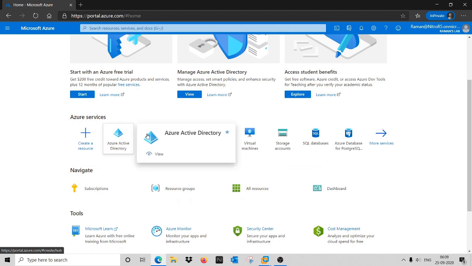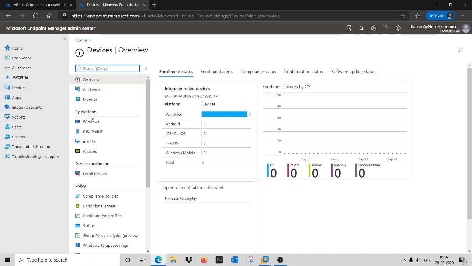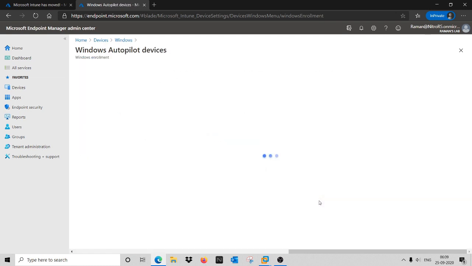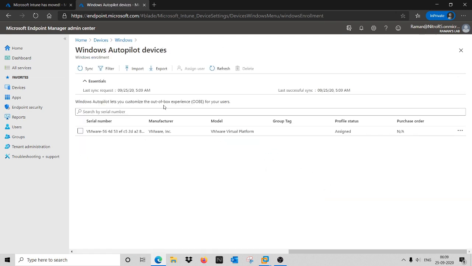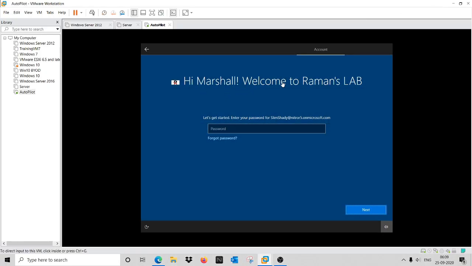If you remember, let me show you very quickly. If I go to Intune now, let me go to the endpoint manager. Let's quickly see the device. Here I can go to Windows, then Windows enrollment and devices. This is the option for Autopilot devices. Now if you see, I did assign a user to it, and it says Marshall as the user friendly name, and the user is Slim Shady at Nitro R5.onmicrosoft.com. Because of this, I'm getting this very cool feature. When the user opens the laptop, he will directly see the company logo. He doesn't have to do anything, just